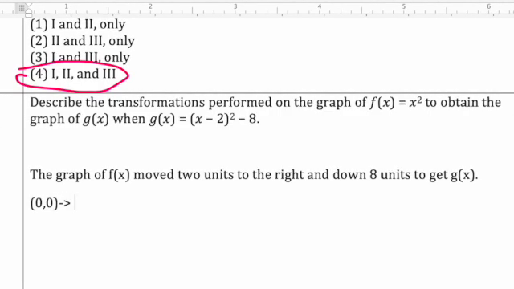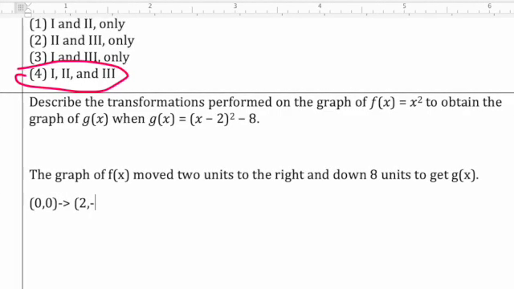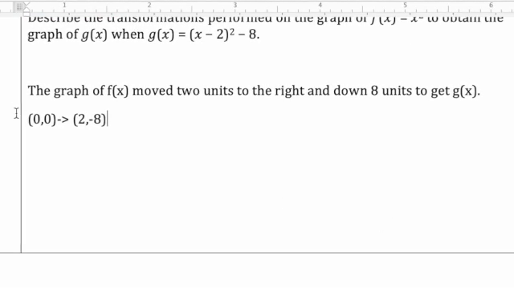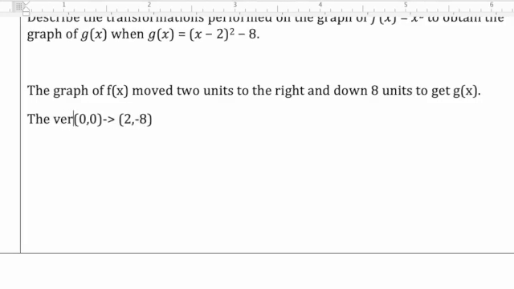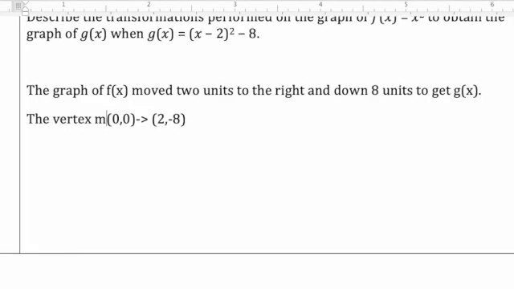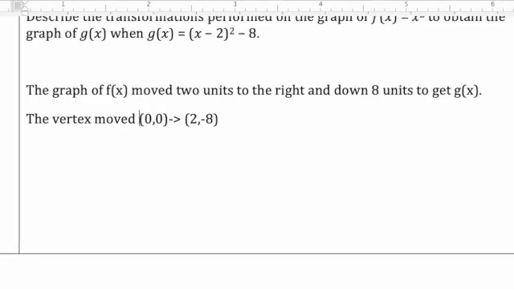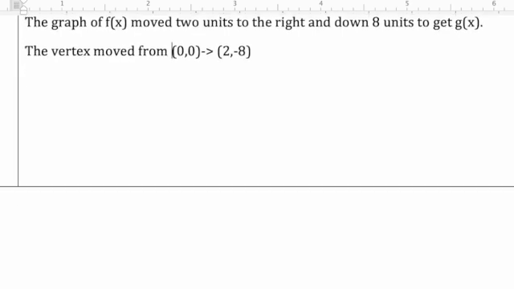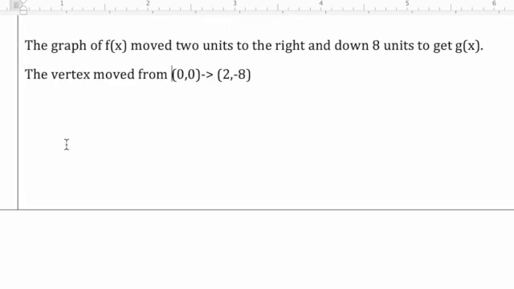Okay, so it went from 0, 0 to 2 comma -8, or the vertex. Let me write that in there. The vertex, 0, 0 to 2 comma -8. The whole graph moves along with it symmetrically and